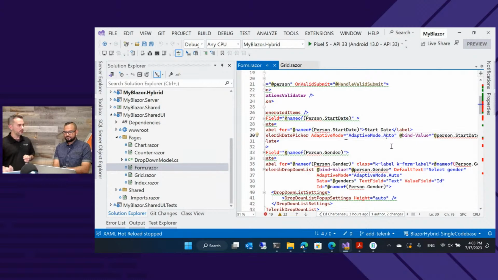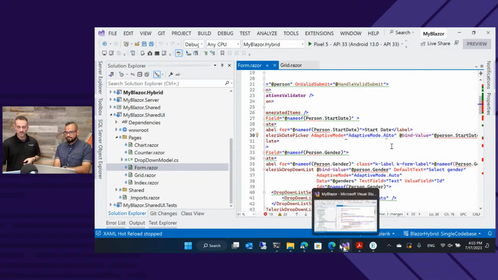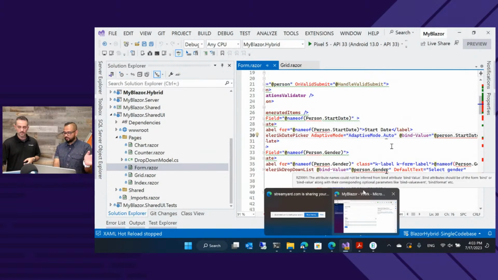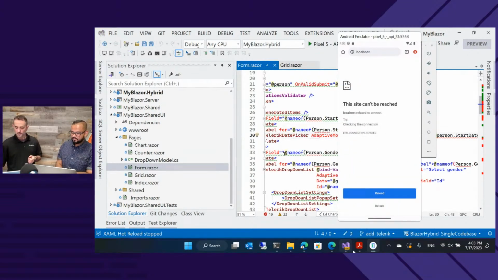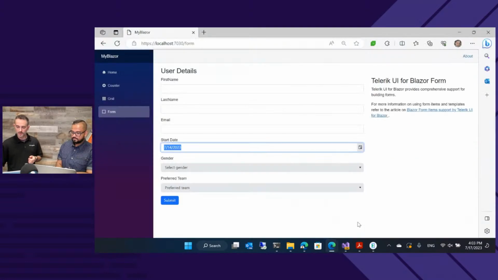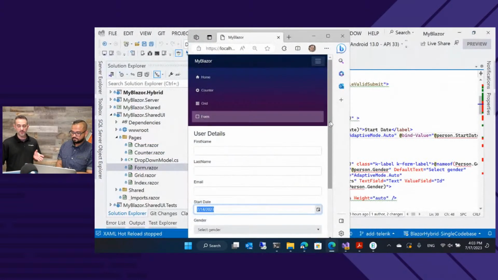So many of our input, or all of our input components have this, and some of our larger components are starting to adopt this as well. So you don't have to do any media queries. It's one Blazor component that just knows how to render itself adaptively. Yep. So if you look at all of our input components, you'll see this on them. I like it. Yeah, and they render that nice input for those devices.